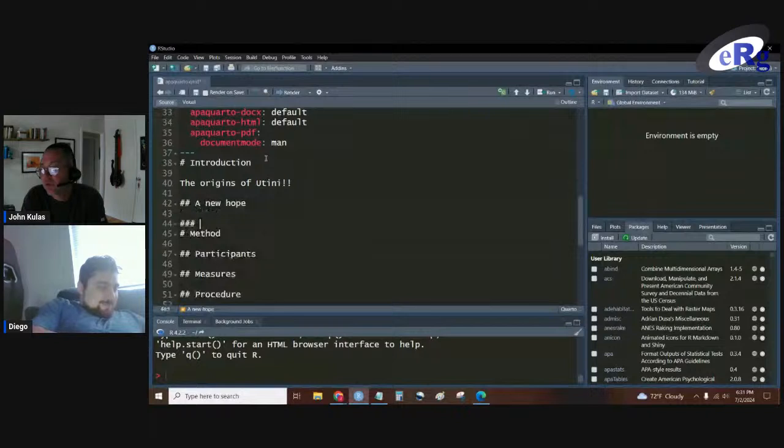All right, we'll try a few different headings here. We'll do a second level heading, a third level heading, and maybe a fourth level heading. So the origins of Utini in the introduction. We have A New Hope. That's the original Star Wars, right? And we have Tatooine,